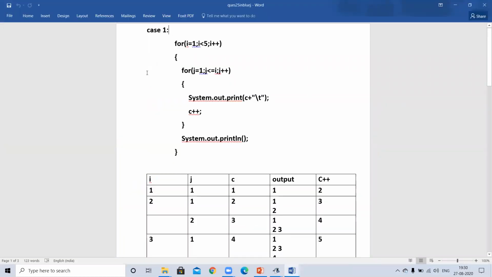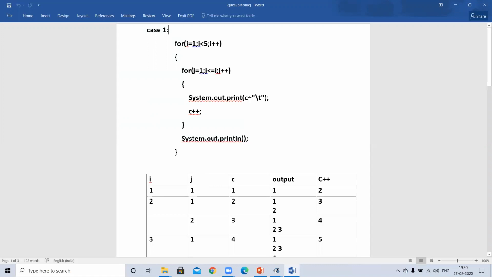Yeah, this one is case 1, same coding I have printed here. So when i is 1, the outer loop is 1. How many times will it move? It will start from 1 and run while j is less than or equal to i. So the first time, when i is 1, it will move from 1 to 1 only. When i is 1, j is also 1, and the condition is true. j is not less than i, but it is equal to i. So it will enter the inner loop and these statements will execute.